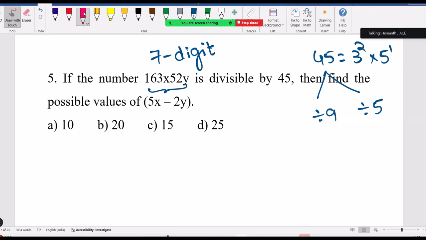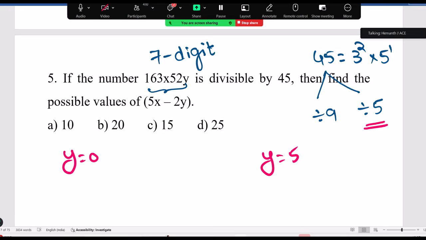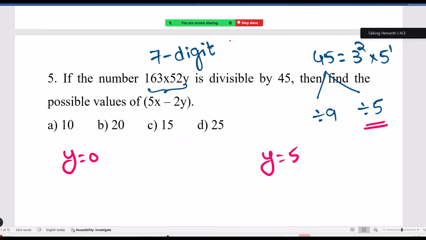Now you have to calculate x value and y value satisfying this. In one case y must be 0 or y must be 5, then divisible by 5 will be satisfied. A number should end with 0 or 5, then only we can say it's divisible by 5. So y will be 0 or 5. Then if y is 0, the number will be